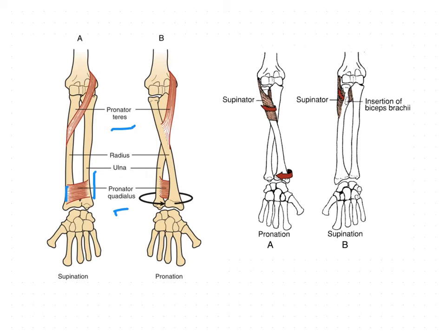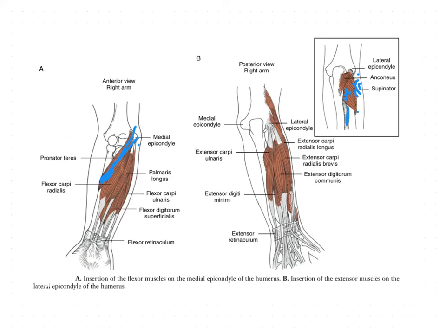Other muscles are also active during supination and pronation, especially when gripping is involved, and during resisted motion. The previous muscles, that is pronator teres, pronator quadratus, supinator and biceps, are mainly associated with the movements of the radioulnar joints in all aspects. But other muscles are also active during these supination and pronation movements,